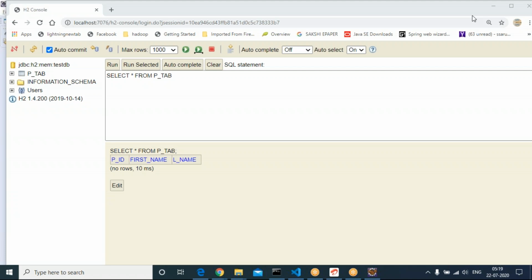For these operations, built-in functions are available in the CRUD repository, and we are using them straight away. What happens if I want to trigger something like finding all the persons based on first name value, or finding all the persons based on last name value?